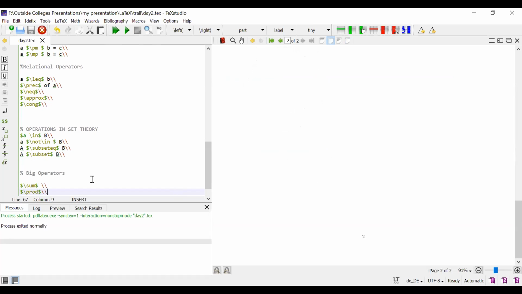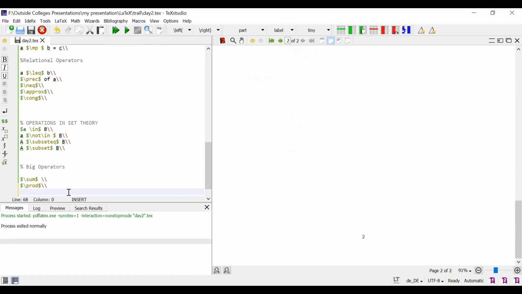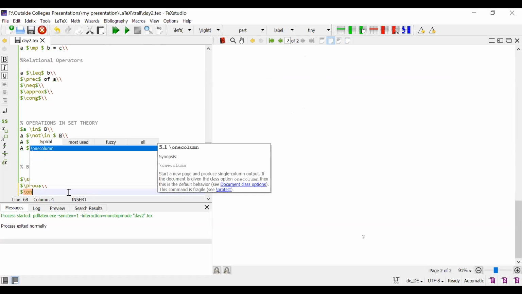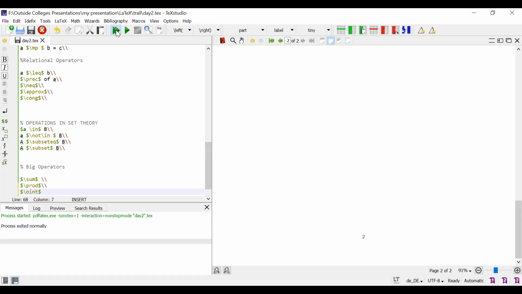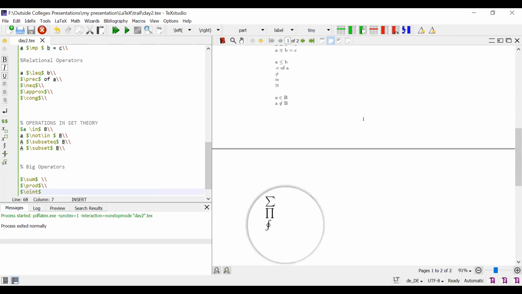Likewise, you can get the integral. Already I told you for integral you can write \int, but we want to perform it in this symbol. Suppose we get the integral with the circle, the contour integral. In pure mathematics you use this a lot. Like this you can perform your cup, cap, max, big wedge, and so on.